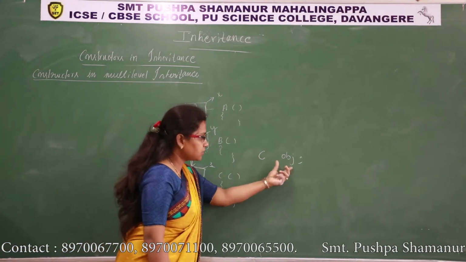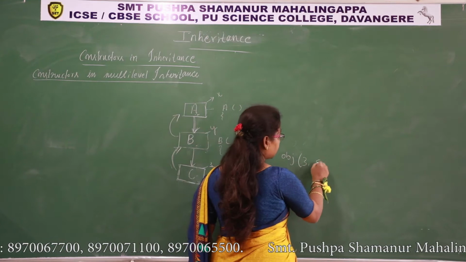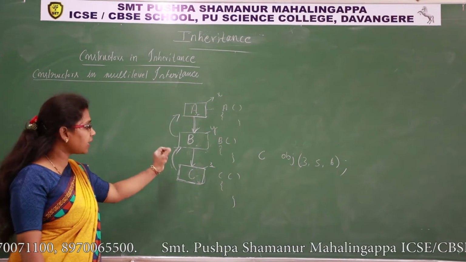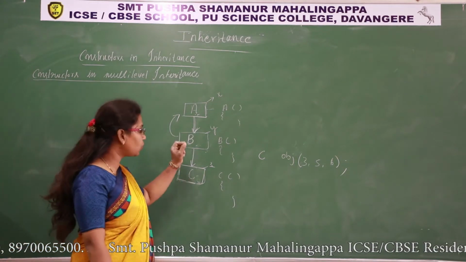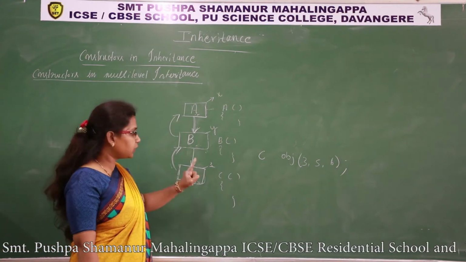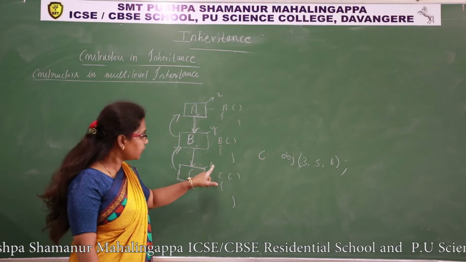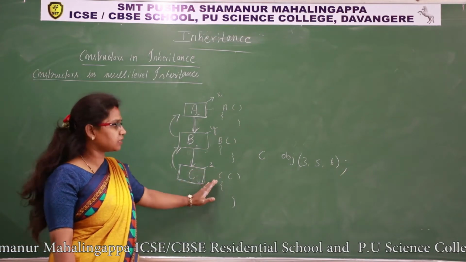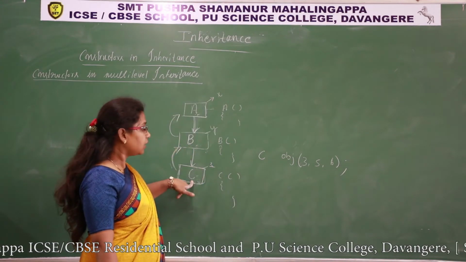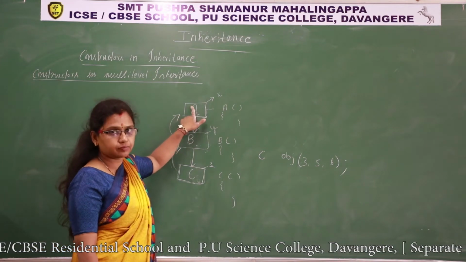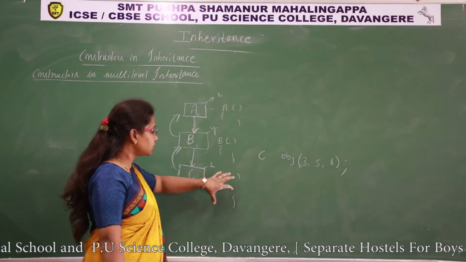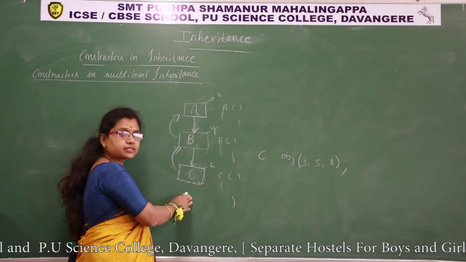The object of class C must have 3 parameters. Why have I taken 3 parameters? Though class C wants to initialize only one data member, and class C has only one data member, one data member is enough for this class, but I am passing 3 parameters here. Why? One for class C, another for class B and another for class A. Collectively we are passing our parameters from here. And these 3 parameters are received by the class C constructor.